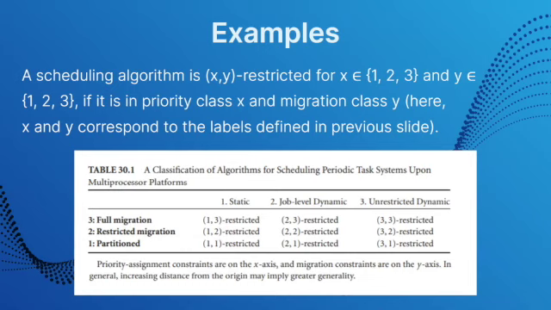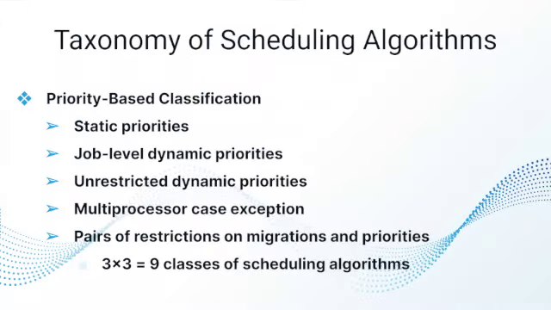And it's natural to associate all the classes of scheduling algorithms with the set of tasks that they can schedule. So let's talk about the taxonomy of the scheduling algorithms. As previously described, for priority-based classifications, in order to differentiate among the scheduling algorithms according to the complexity of the priority scheme, there are 3 categories that we have to consider as well.